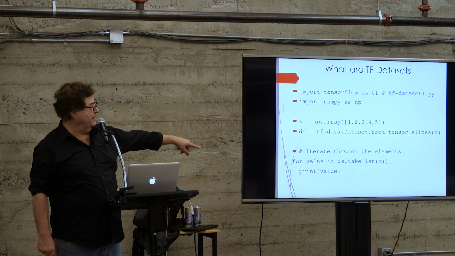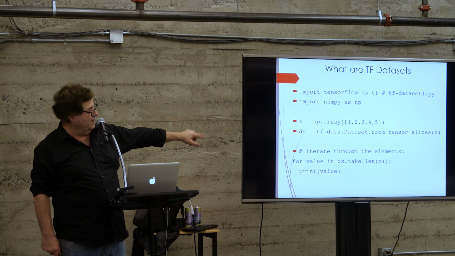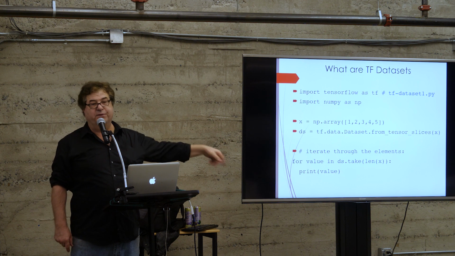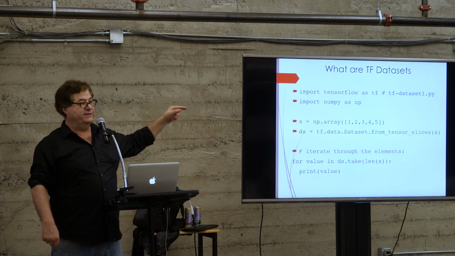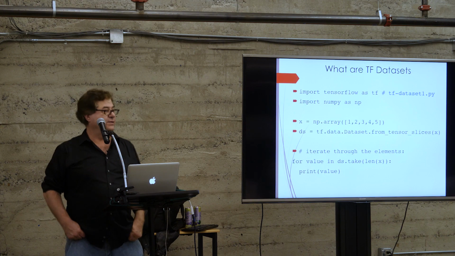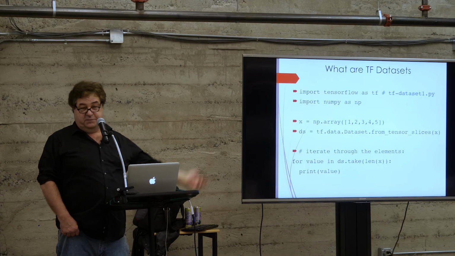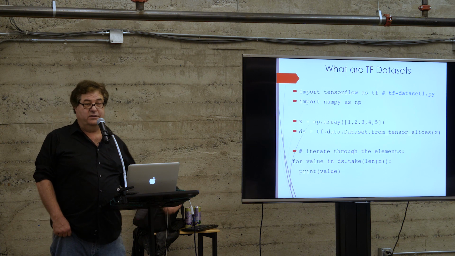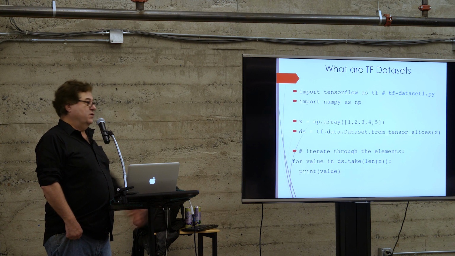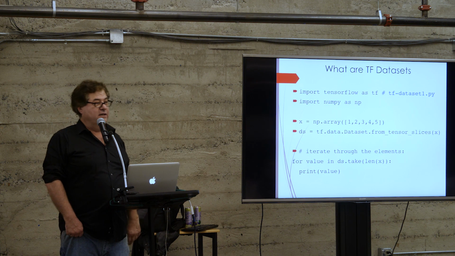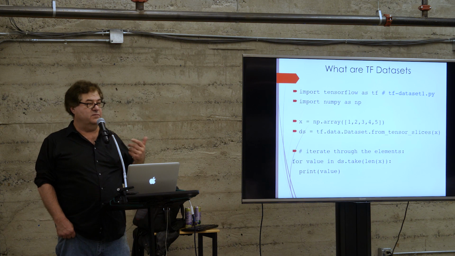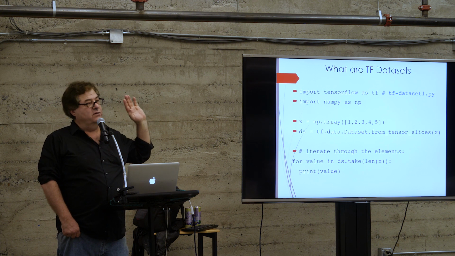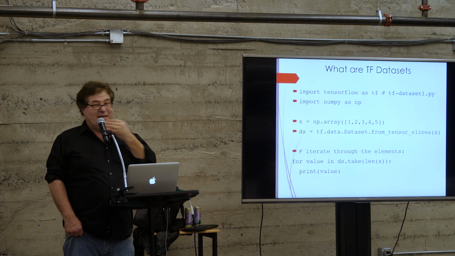Now, the interesting thing is, if the thing after the take is a number that's bigger than the number of elements in the data set, what do you think is going to happen? At a guess. What? It's going to read, just grab more. That's one possibility. You know, like you have 10 numbers and you say take 20, it could do 10 and then repeat. That's possible. Or it could be an error, or it could stop with no error. It turns out it's the last one. Once it goes through, it gets what it needs. Beyond that, it doesn't do anything.